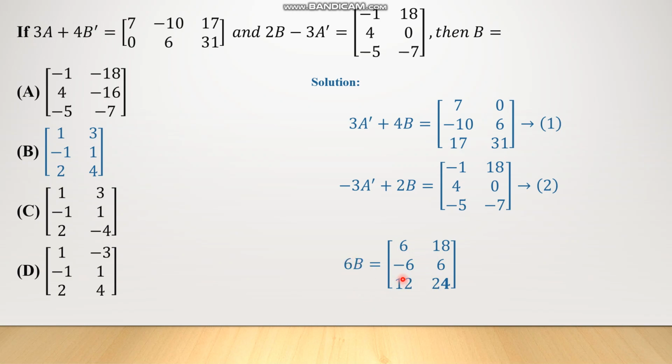And when you divide it by 6, we can look at the options to get the answer easier. Options B, C, D have 1 here. So here we have 6, 6 by 6 is 1. So option A is ruled out. For 18, it should be 6, 3 is 18. So options B and C have 3 and 3. So option D is ruled out. But look at options B and C. They have the same values for minus 1, 1, 2, 2, and only the last value is changing. So we have to see the last value, 24. Obviously, this is positive. So obviously, the answer is option B. You can do it directly, or just by observing, you get the answer.